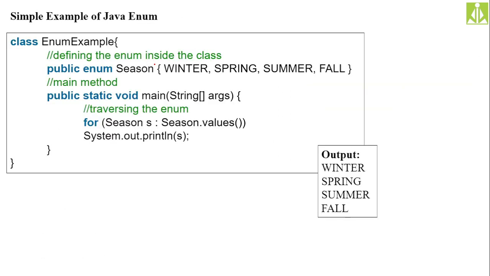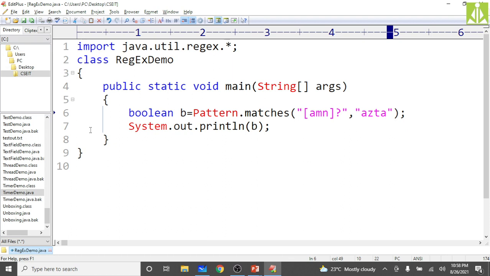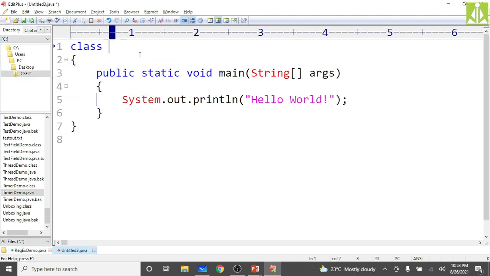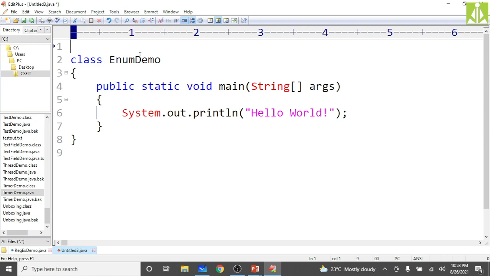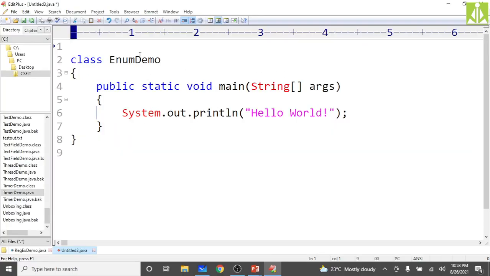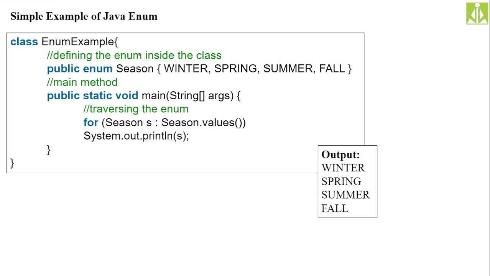So this is the simple example of enum. Just go to your EditPlus, take another Java program, and here, as we are doing enum demonstration, call it EnumDemo. We may need to import the util package, or just see what will happen, because I don't think any package is required. So here, inside PSVM, what we are doing,